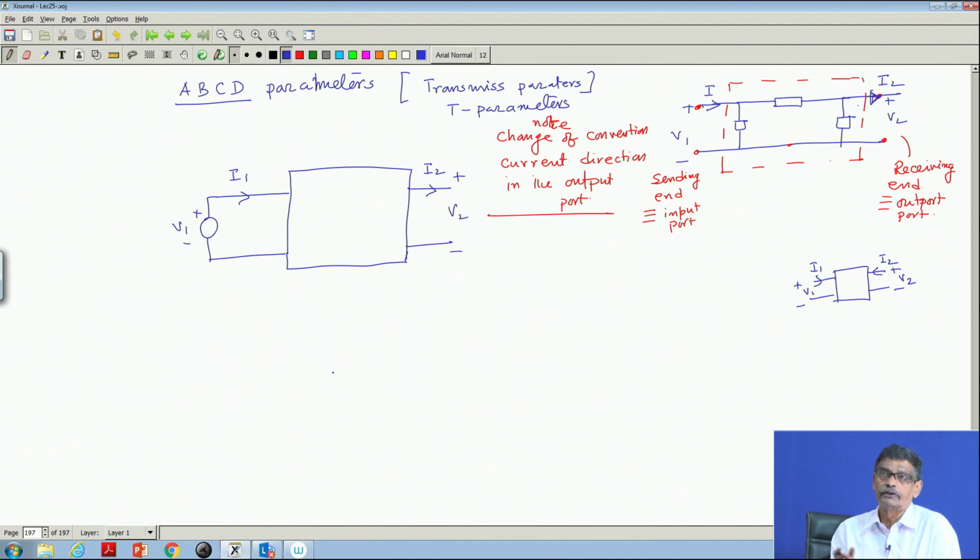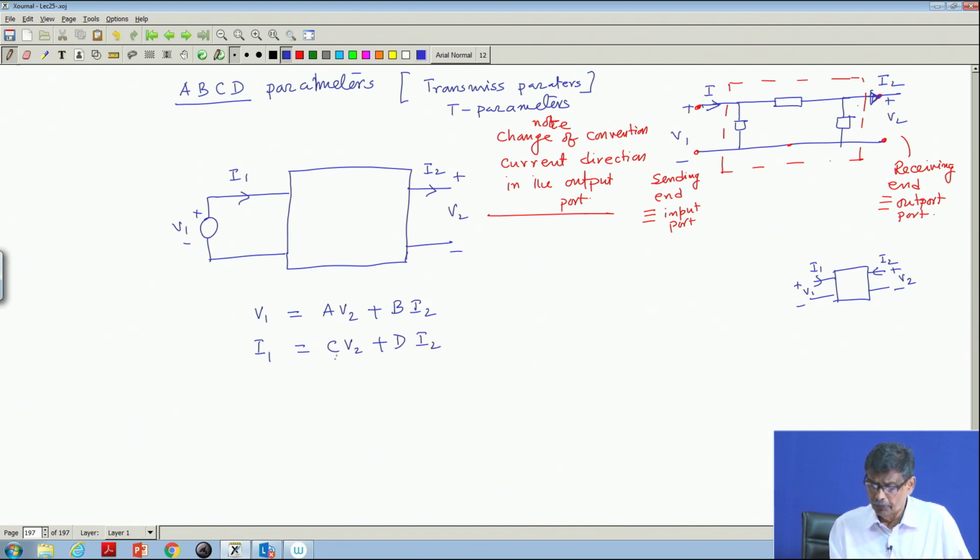Clear? This is the convention for ABCD parameters. And then what is done is that the input voltage and current are expressed in terms of the output voltage and current, that is, V 1 is equal to A V 2 plus B I 2, and input current I 1 is equal to C V 2 plus D I 2,